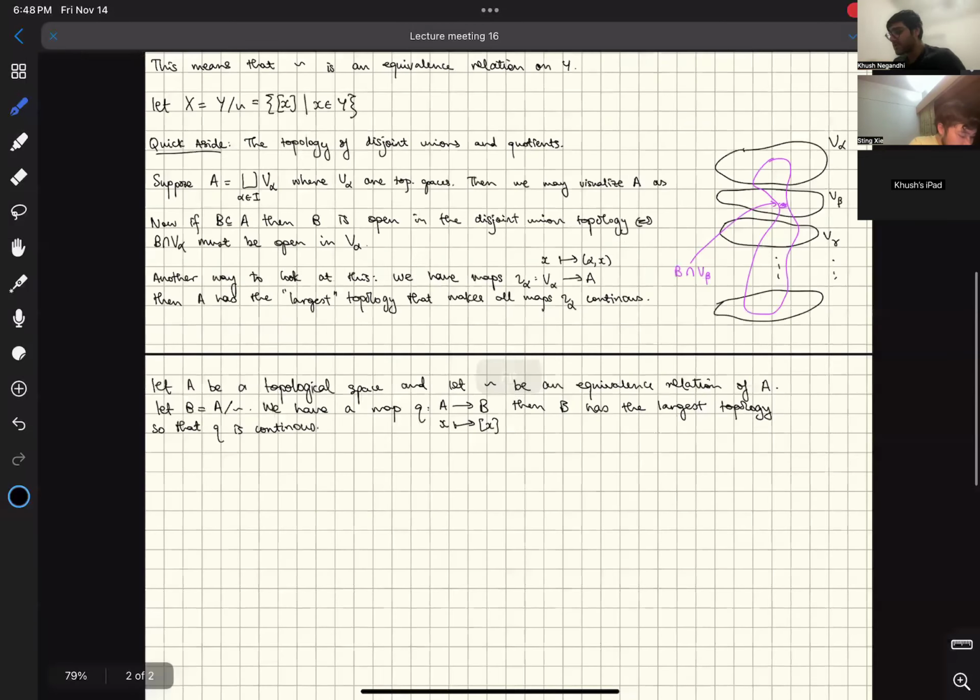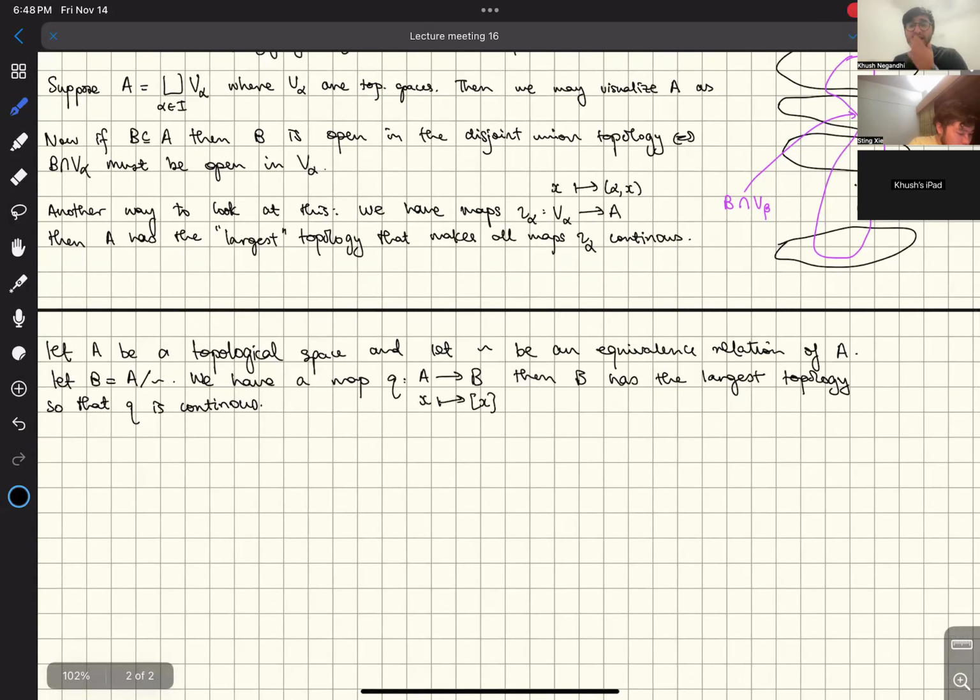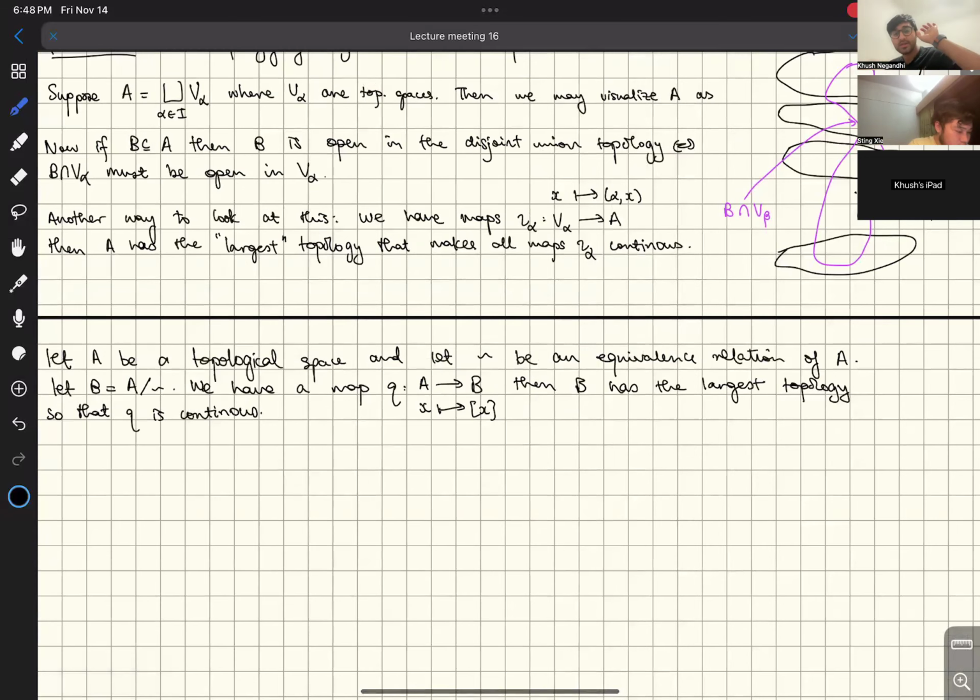Okay, because there's a bunch of topologies that'll make this continuous, right? If I take the topology of just the empty set in B, that forms a topology of B. And in that case, this map will be continuous, right? But that's not really useful. That's not a useful topology on B. And so the most useful topology on B that we can get is the one that has the most open sets,